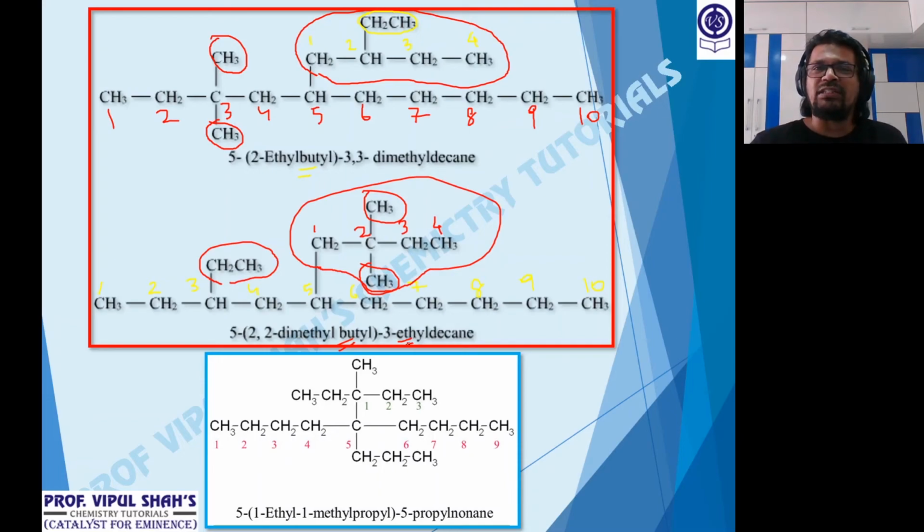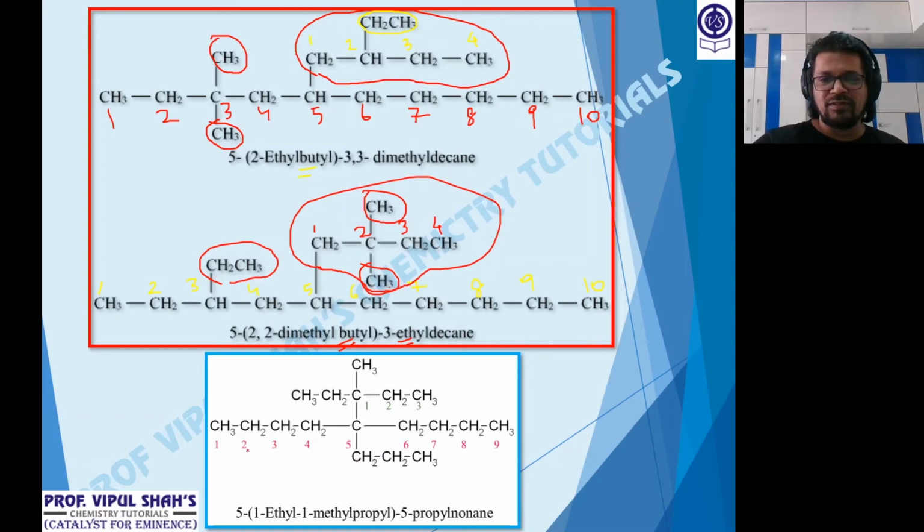Everybody clear? So rather than the fusion names, try writing it in this form only. This form is an easier way where you will not go wrong. Just remember, single branches methyl ethyl, E comes first. But if I have ethyl, butyl and methyl, then it's not the E of the ethyl, it's the B of the butyl. And if you have two branched alkyl groups, then that's bis, the B of the bis is considered in the alphabetical order. Okay. Now look at the next one.